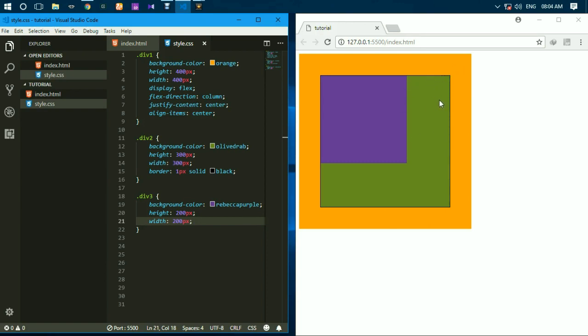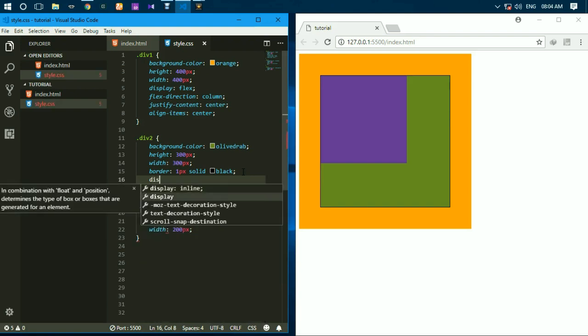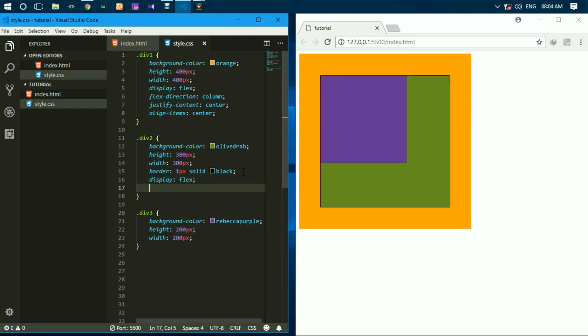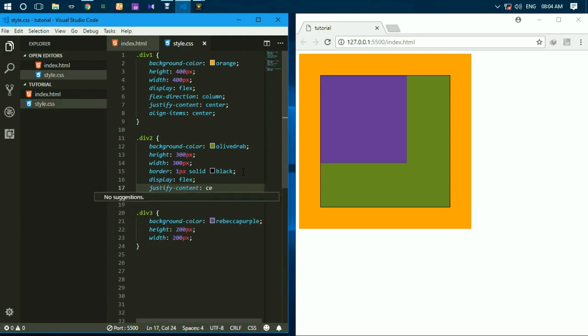We can also put the display here to flex, so we can center it. So what we are doing is nesting the flex. So we can do the nesting also like any programming language, similar. Display, just change the display to flex, the same as before, and let's change the justification, justify content center,